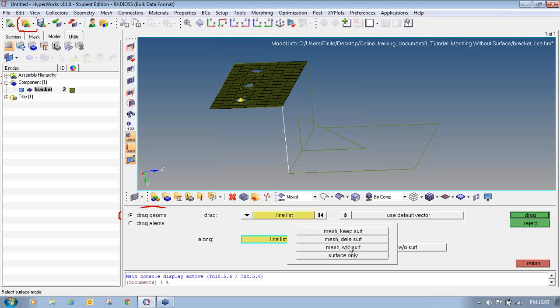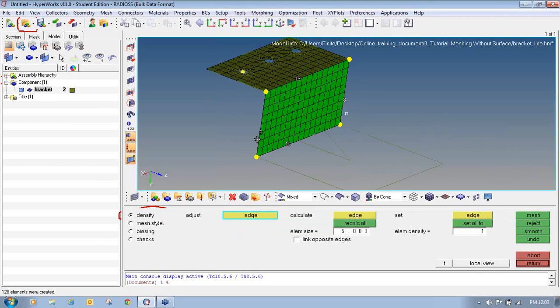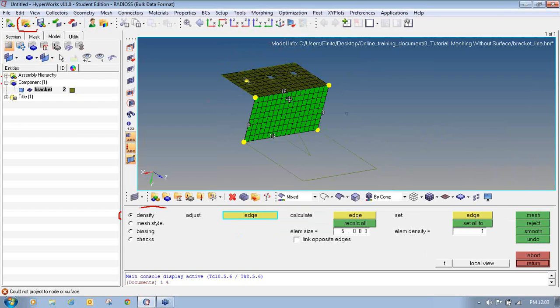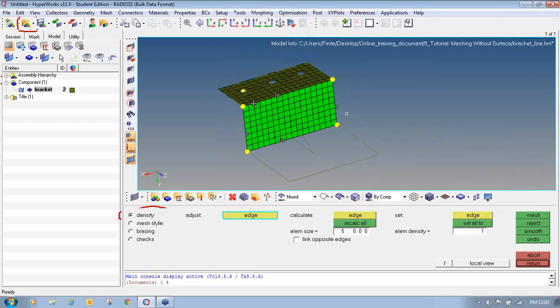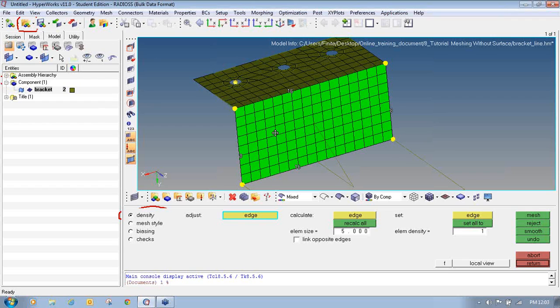I will keep the option as mesh without surface, and also I will keep the vectors as use default vector, and just click on drag. Once you click on drag, you can see it has generated 2D elements by dragging this edge along this particular edge.